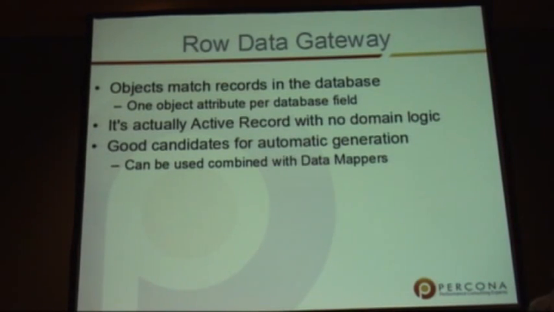So actually, the only difference is that if you don't have a real complex domain, this is the good way to go. Otherwise, active record is the way to go. And this can be used in combination with other patterns. Now, the difference between the two gateways basically is if you are going to be accessing your tables